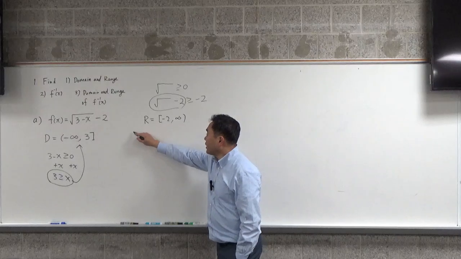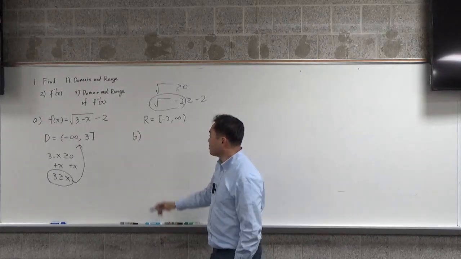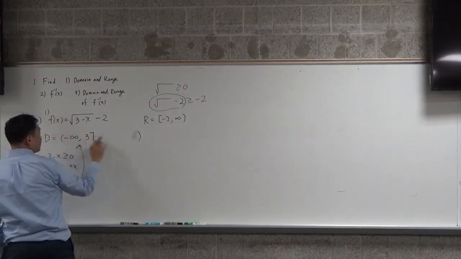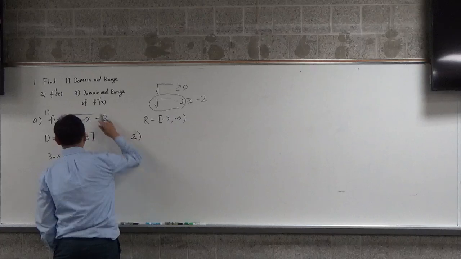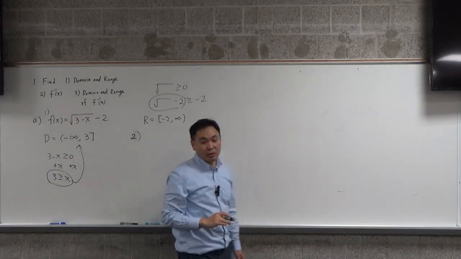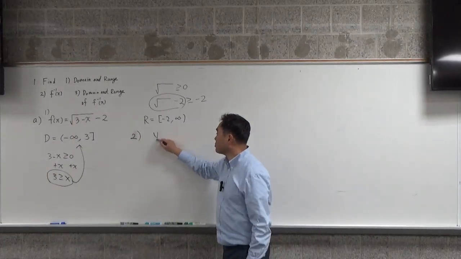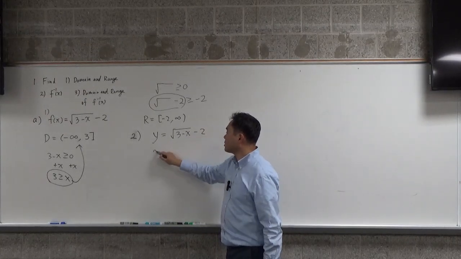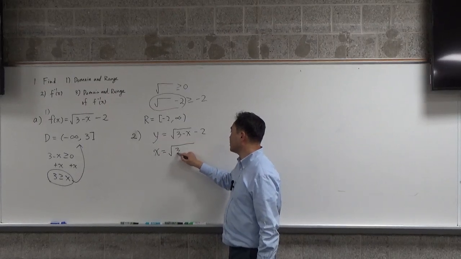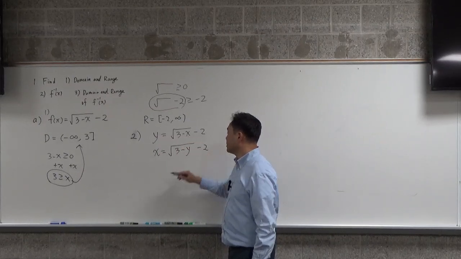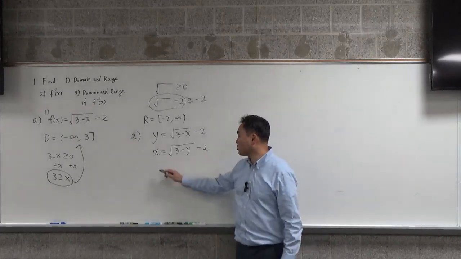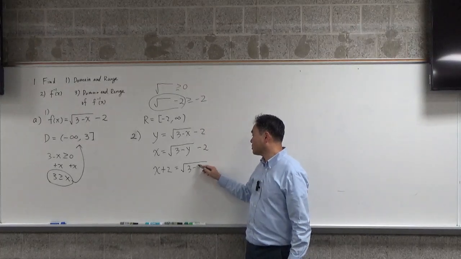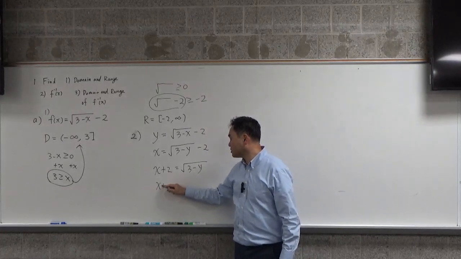Okay, so that's part 1 of question A, and let's now go to part 2, which is to find the inverse function. To find the inverse function, you first have to introduce the y, switch x and y, and now you have to solve for y. How do you solve it? You add 2 to both sides, square both sides,